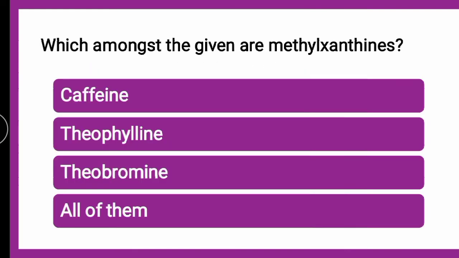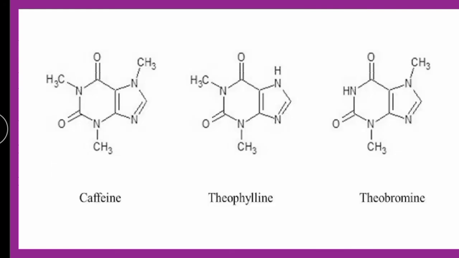Next question is, which amongst the given are methylxanthines? Whether they are caffeine, theophylline, theobromine, or all of them. The correct answer is all of them. Methylxanthines are caffeine, theophylline, theobromine, etc. If you look into the structures of caffeine, theophylline, theobromine, you can see these all are xanthine derivatives,